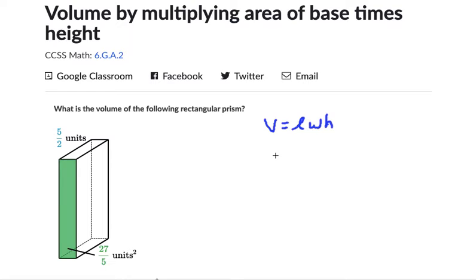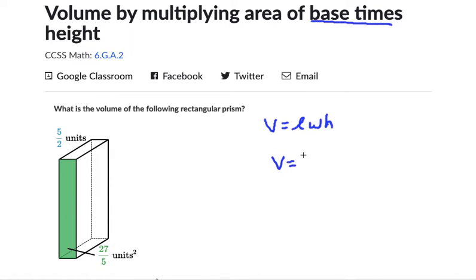Another variant of this, and the way you can get this, is if you multiply any two of these sides together, it doesn't matter which ones, you end up with the surface area of one of the sides of the rectangle. Even though we say we're multiplying the base times the height, it doesn't matter which face is the base and which is the height, because this can be flipped around to any orientation. The other formula we're going to talk about is the volume